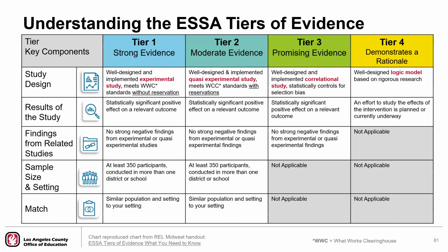So on the next slide, we're going to take a look at a chart, and this helps us to understand the ESSA tiers of evidence defined by those 5 factors. And so with the chart, it's just another approach that might be easier to see what distinguishes or what qualifies an intervention into a particular tier. At a glance, you can see that the study design definitely plays a critical role in determining which tier of evidence an intervention falls.